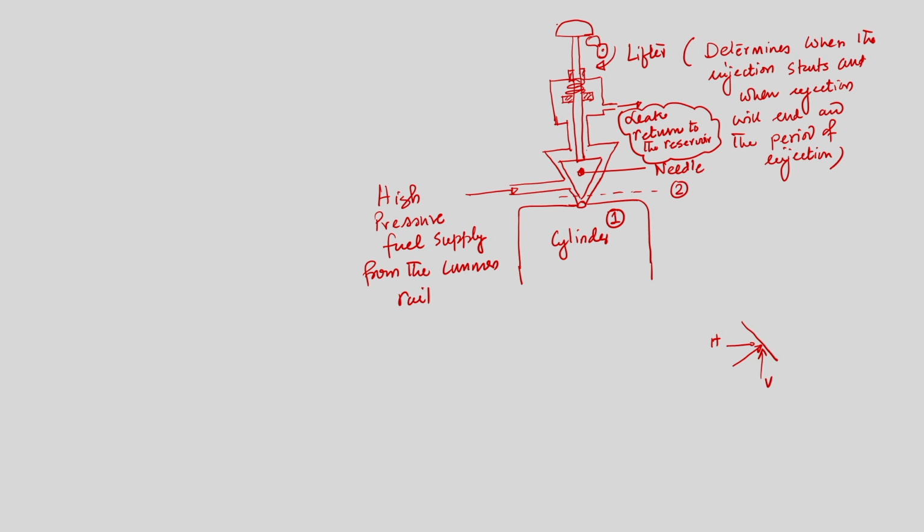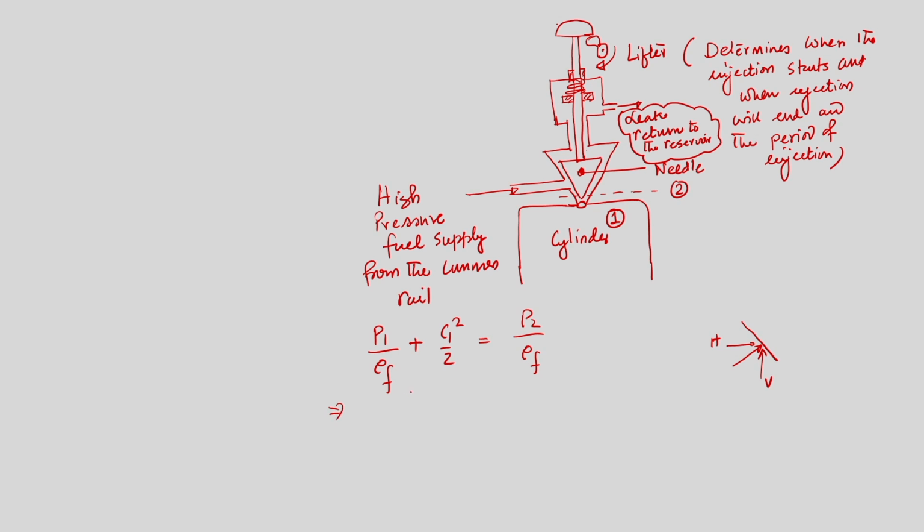So, at the time of injection, P1 is the pressure inside the cylinder, and the pressure at the end of the needle is P2. If I now write the steady flow energy equation between these two sections 2 and 1, we can write P1 by rho f plus C1 square by 2, and that is very important to know, because C1 is essentially an indication whether we can get the desired spray pattern or not, whether we will get the finite droplets or not. C1 square by 2 is equal to P2 by rho f,